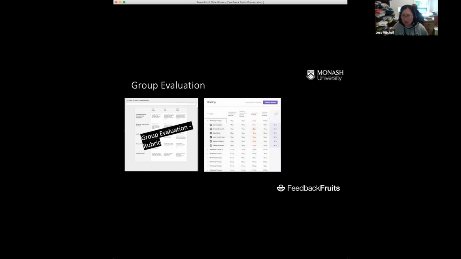We developed this rubric, so it's very clear to the students what their peers are assessing them on and what the criteria would be for the different categories of the performance. The grades would appear like this. Every week the student would get a score from each of their teammates and it would be summed up. We set up a group evaluation as an anonymous system, so the students don't get to see who gave a specific mark or a specific comment to them.